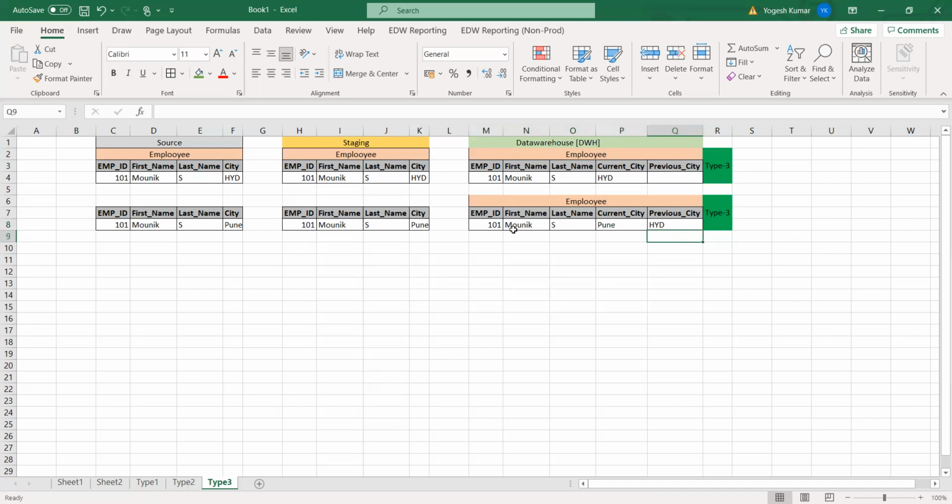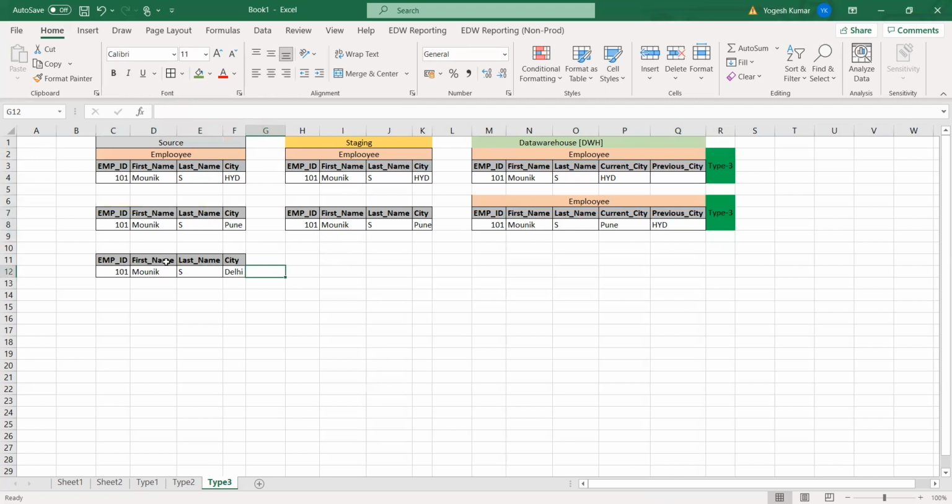Now, if he changed three times, from Hyderabad to Pune, and then Pune to Mumbai? Hold on, have a little patience. Say next time he moved from Pune to Delhi. The same record will load into staging.